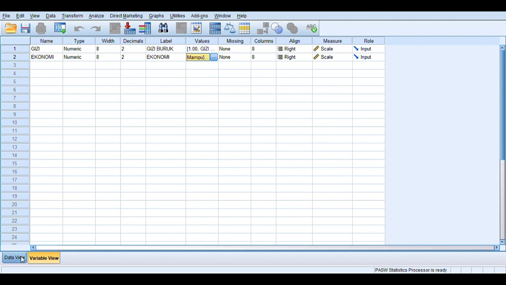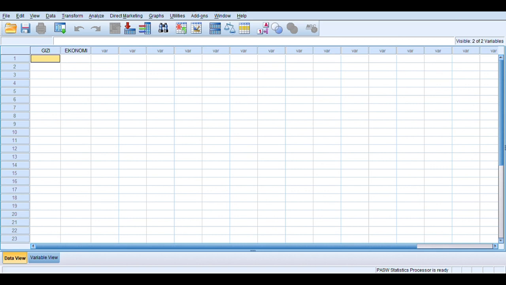Then click data view. Open the Excel. I have made the table about bivariate analysis.